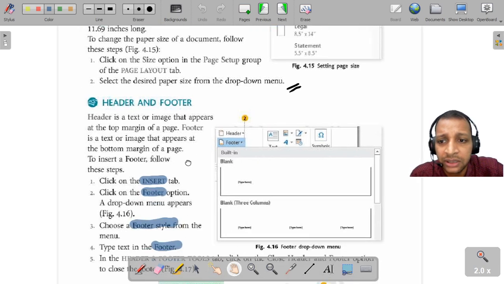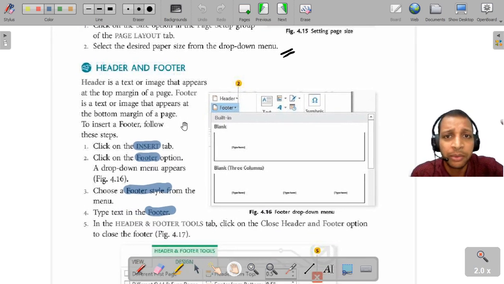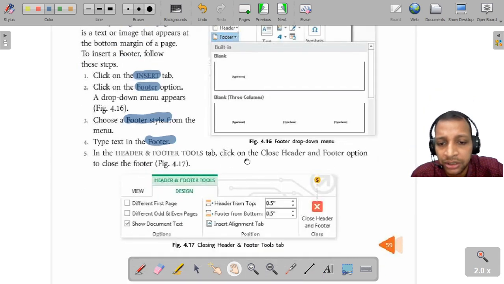Then we have header and footer. Header means text written above the top margin, and footer means text or image. Not only text, image also. Text or image above the top margin is called header. Text or image below the bottom margin is called the footer. Here the steps are shown.